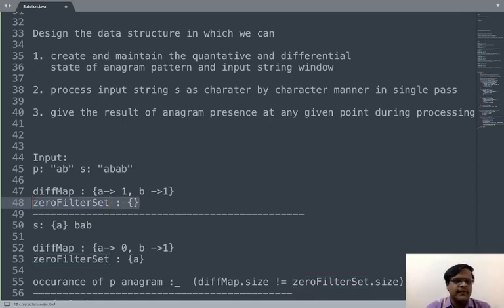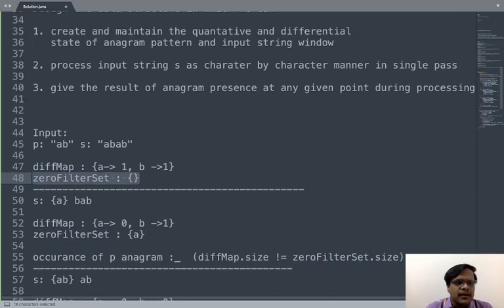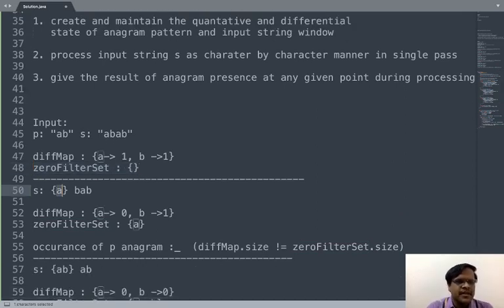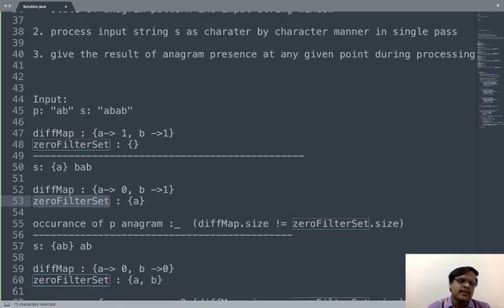When we consider the first character of the input string, we subtract that character's count from the difference map. If after subtraction the character count becomes 0, we add that character into the zero filter set. If the zero filter set's size is not equal to the map size, then an anagram is not present.